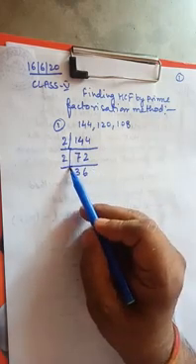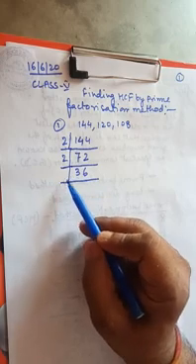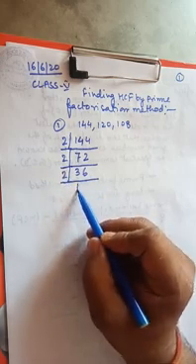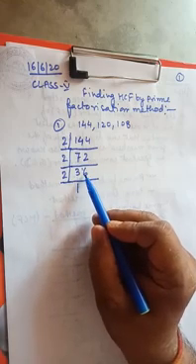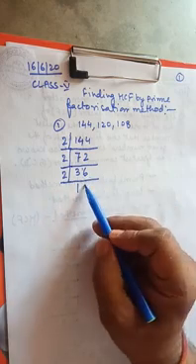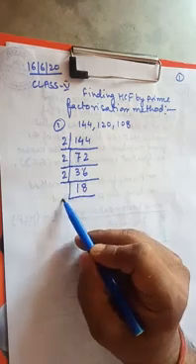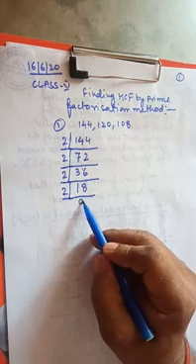Okay student, now see here, again 36 is an even number, again it can be divided by 2. 2 ones are 2. Now 1 forward over here, now this becomes 16. When we divide 16 by 2, we will get 8. Again 18 is an even number, again you can divide with 2. Now you will get 9.